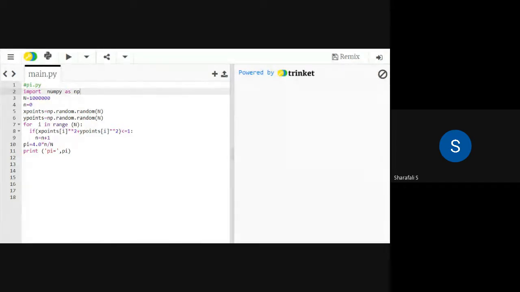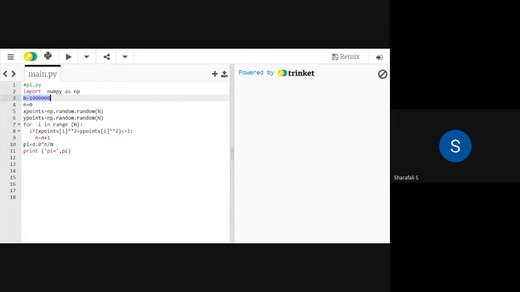This program represents the Monte Carlo simulation program for determining the value of pi. First, you have to import numpy as np, that is, import this particular numpy module in the name of np. Then you have to give the total number of points that you want to generate, and we can give different values. As we discussed, if n is very large, then only will this give you a better result.